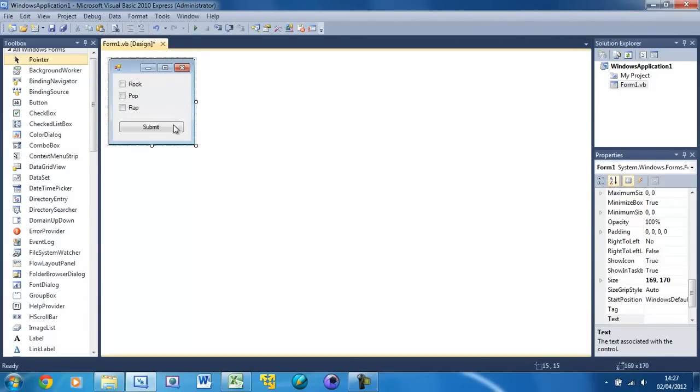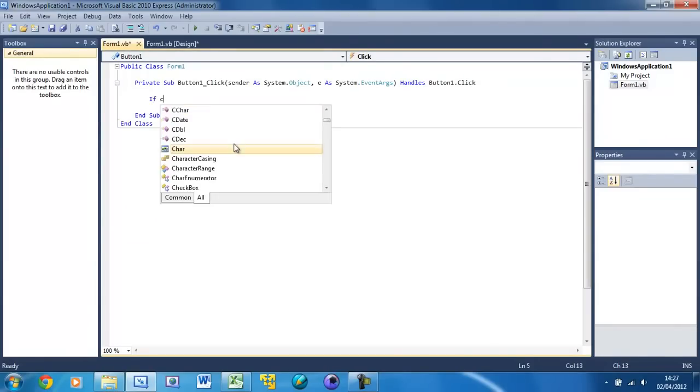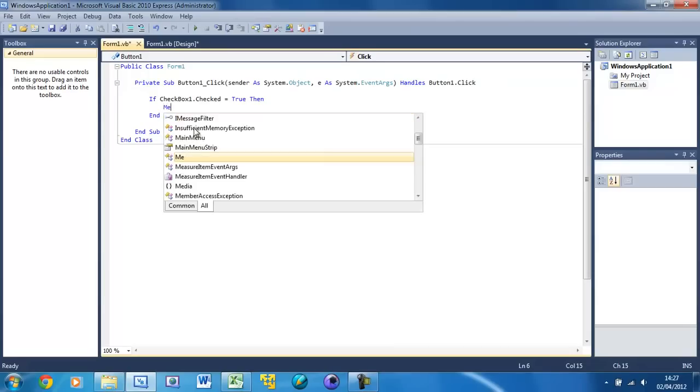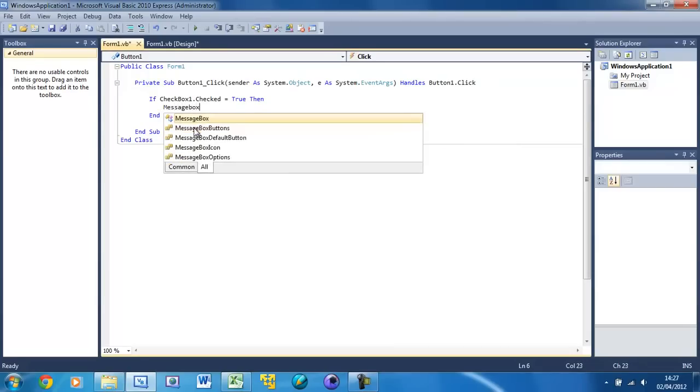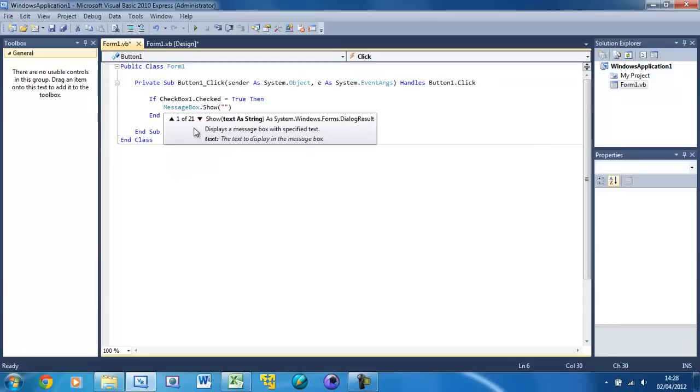So now when I press this button, we're going to do if checkbox 1 dot checked equals true, and that's the same as what we did last time, and the end if is there already. Then message box dot show you like rock,